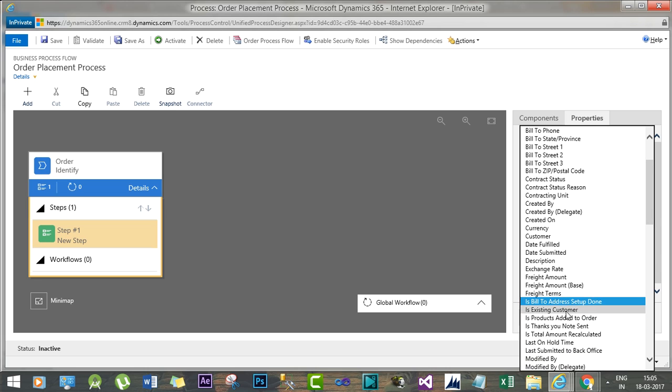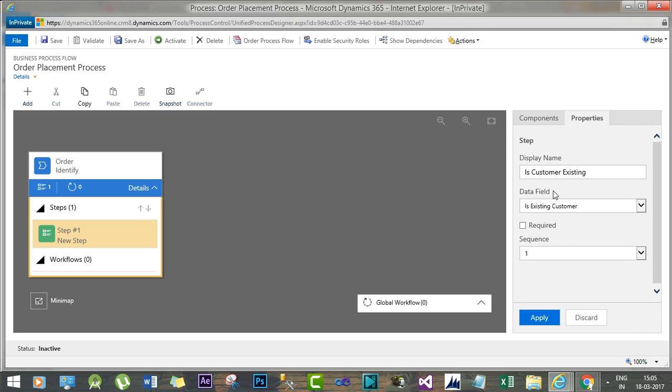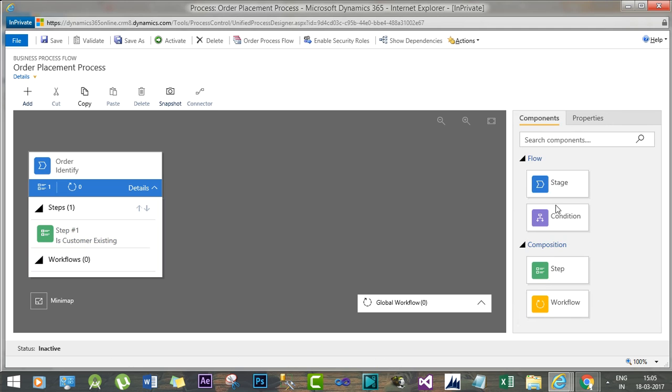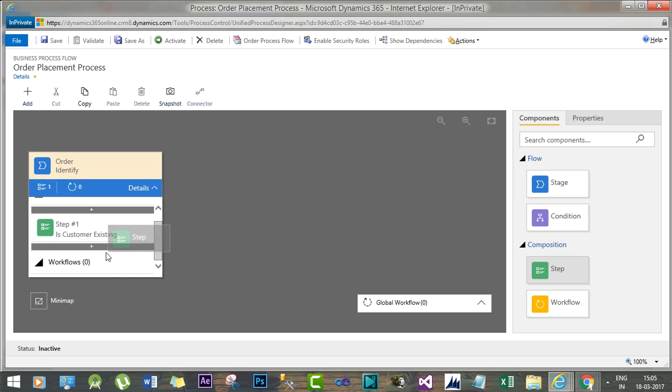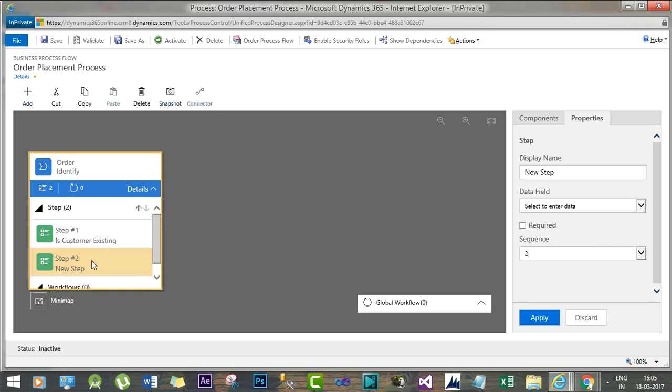So this is the data field of the order entity. I can make it required, then I can apply it. So this step is done. Now you can add another step here, going to the components and dragging the step to add below step 1, and I can select the step to name it